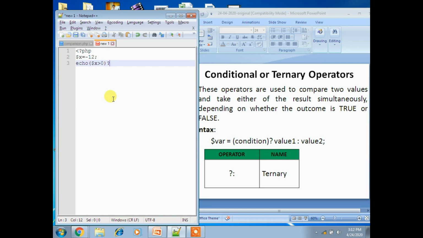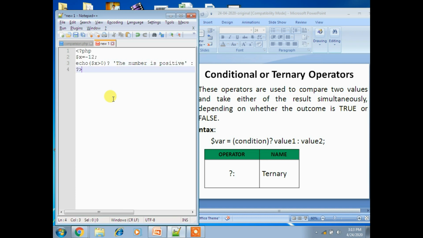I am placing a string, the number is positive, colon, another string, the number is negative.